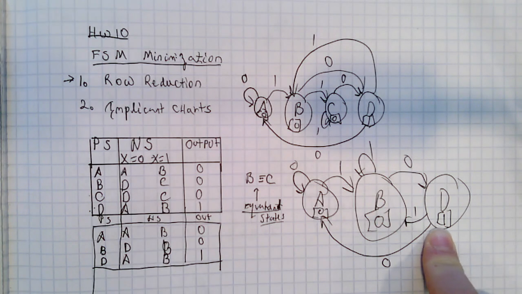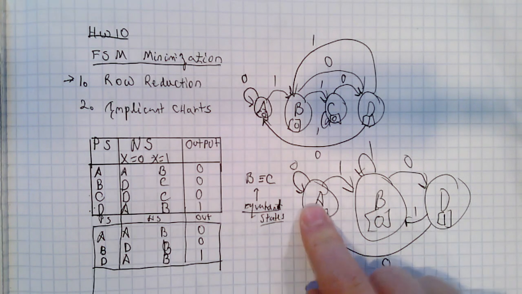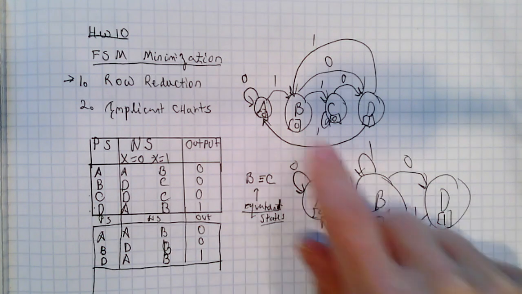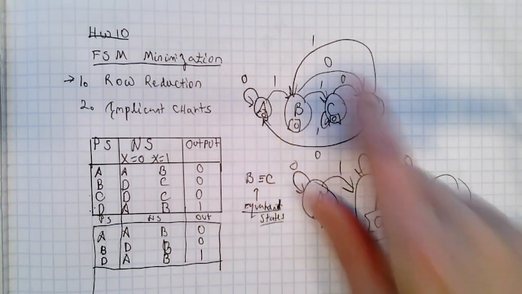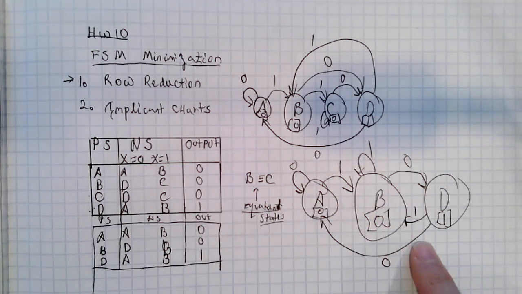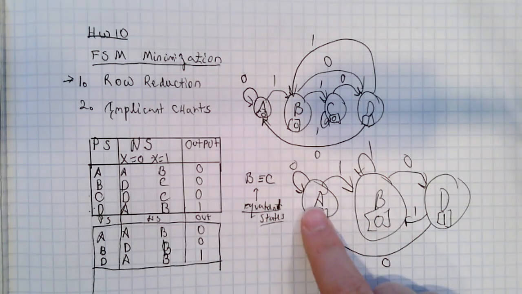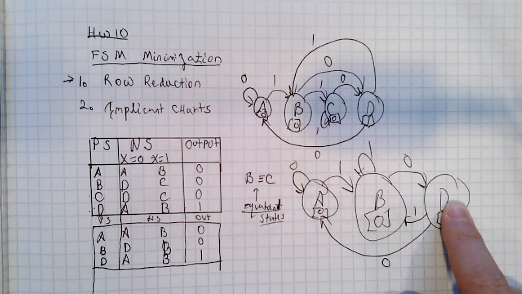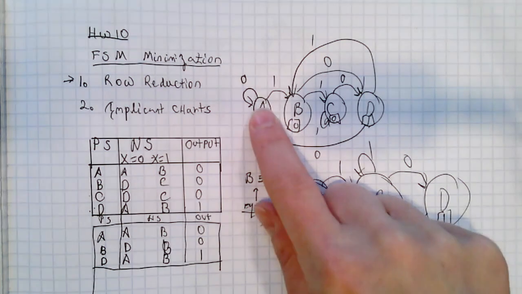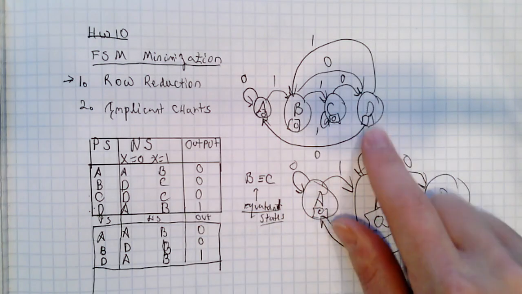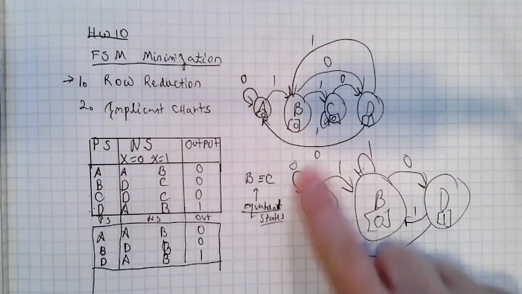So it says here, if I get 1, 0, the output will be a 1. Over in here, if I get 1 and then 0, the output is a 1. The same behavior. What if I got 1, 1, 0? And the output should be a 1. So over here, what if I got 1, 1, 0? Sure enough, output is still a 1. So the behavior is the same